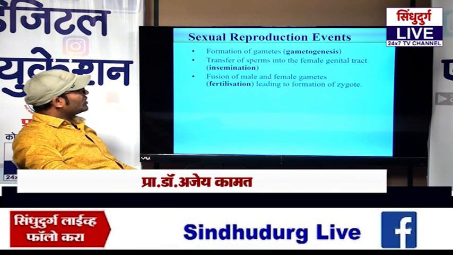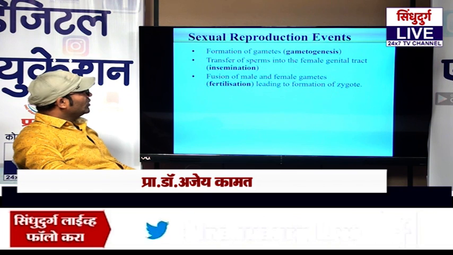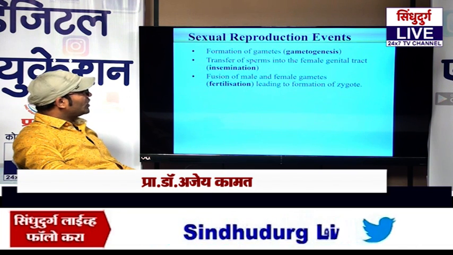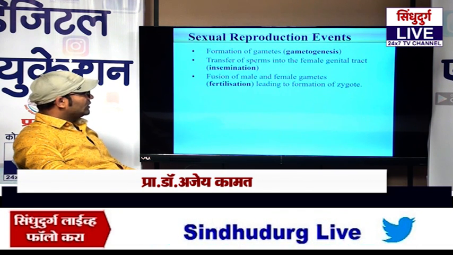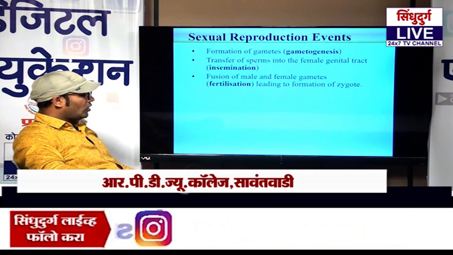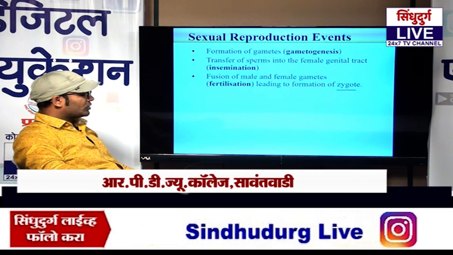Now the transferred sperm, that is the male gamete, unites with or fuses with the female gamete, which leads to the formation of a zygote. This process is called fertilization,